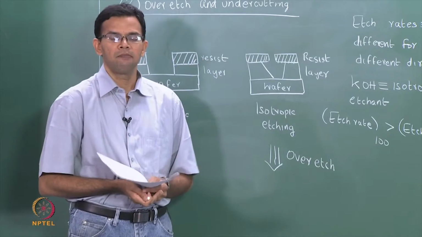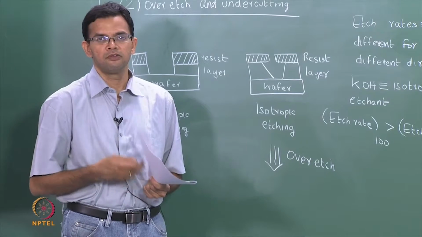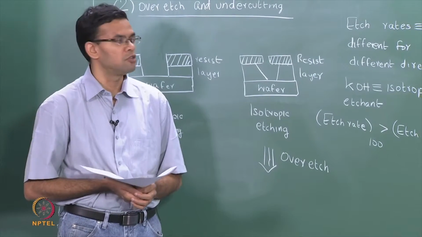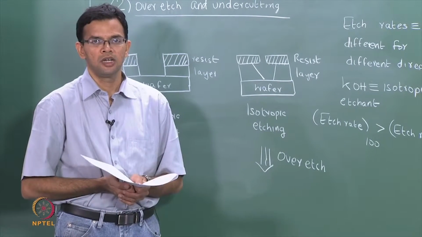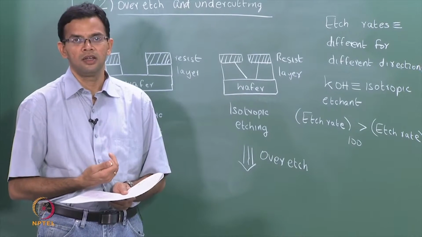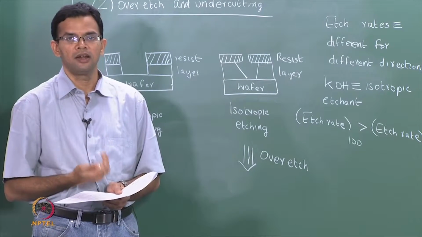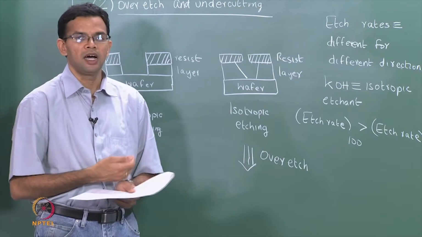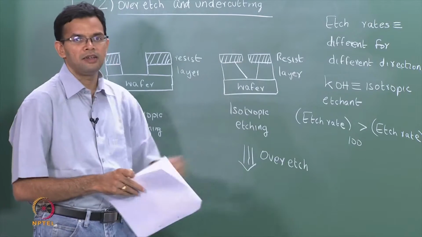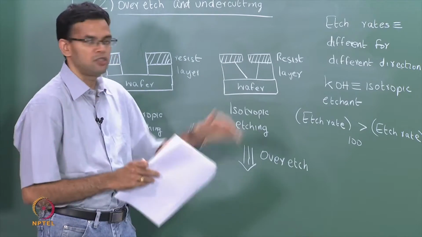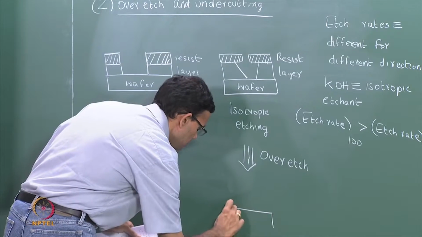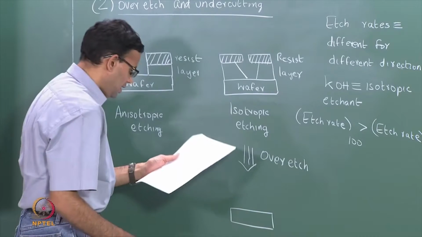again to give you an example, let us say you have determined an etching rate of 100 micrometers an hour. So you plan for a 5-hour etch, but your actual etch rate because of your process conditions is faster. Let us say it is around 120 or 130, then in the same 5 hours you are going to remove more material, not only in the vertical direction but also in the horizontal direction. So an over etch here can lead to a wafer